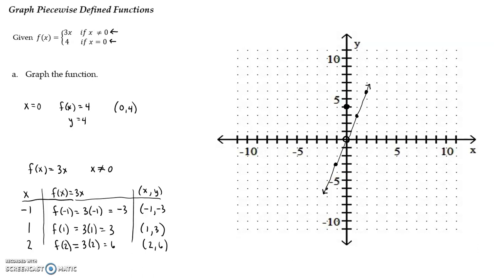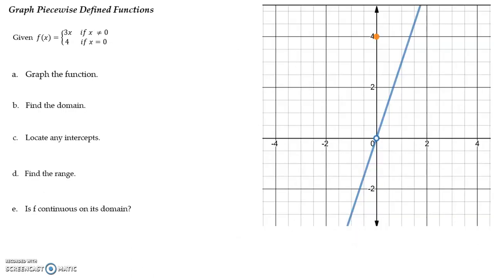Let's take a look at some additional questions using this graph. This is the same graph. I went ahead and cleaned it up using Desmos just a little bit. So let's take a look at answering some additional questions. We want to go ahead and find the domain of this graph, how far left and right our graph goes. Keep in mind we have arrows on both ends of our line here. So our smallest x value is going to be -infinity. And it's going to go all the way until we get to 0, where we have this open dot here